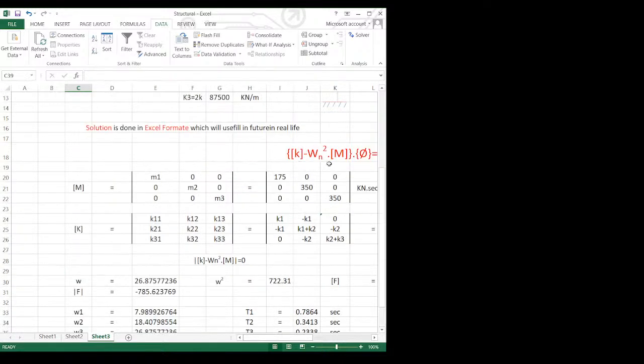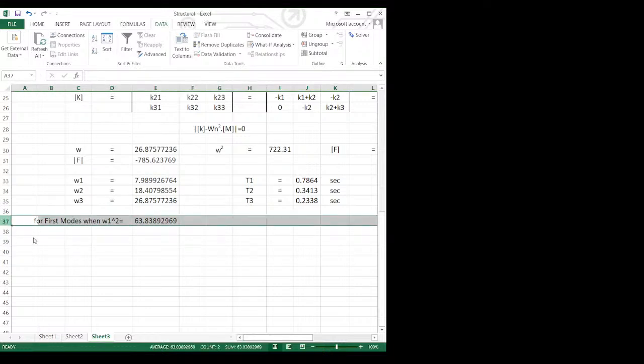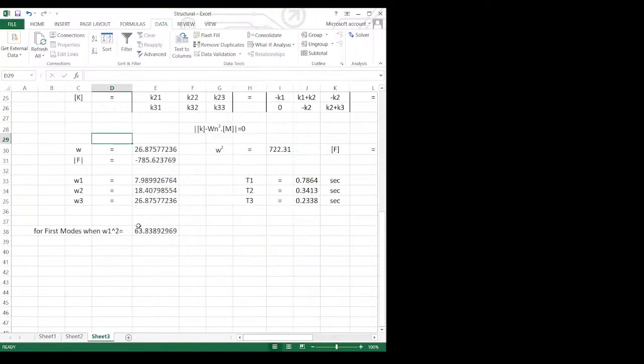From where, you have to use this equation, (k minus omega square m) phi n. Okay, using this equation we have to insert that, that is Control C. Using this equation, as I told you, we are using this equation and finding the phi